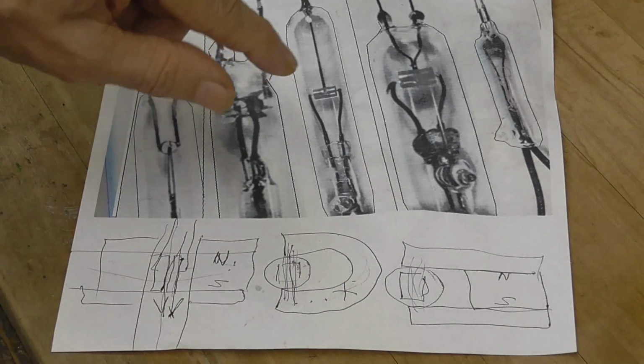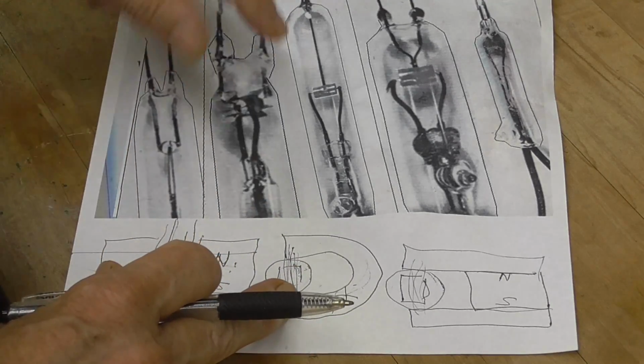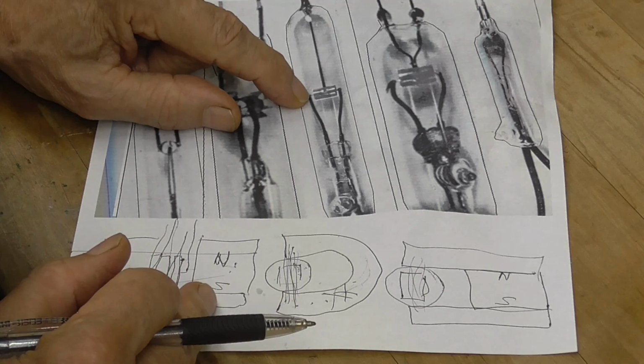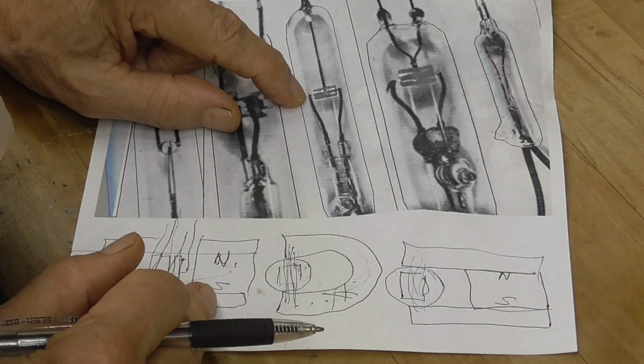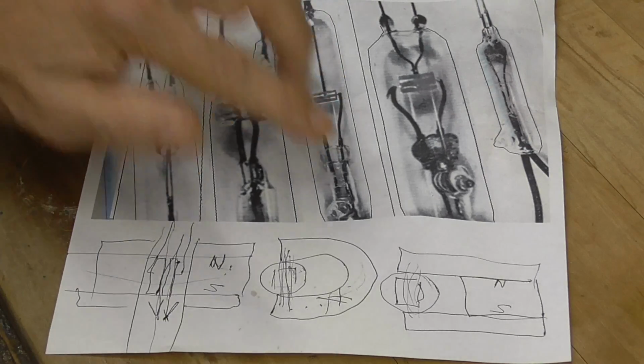Since I have several of these big magnets here, I'm going to go ahead and make one that goes across, perpendicular. So this particular way of making it